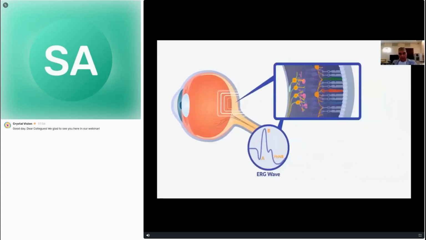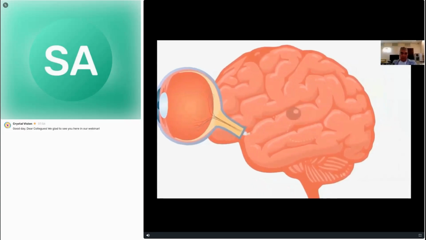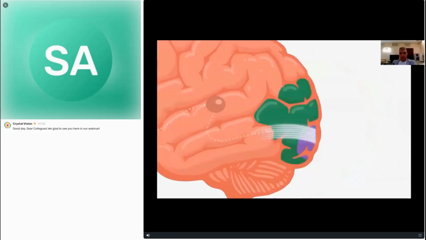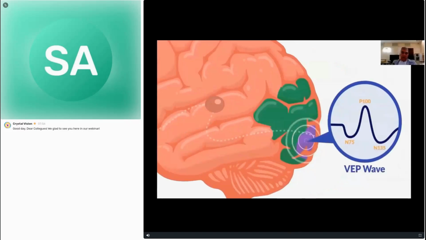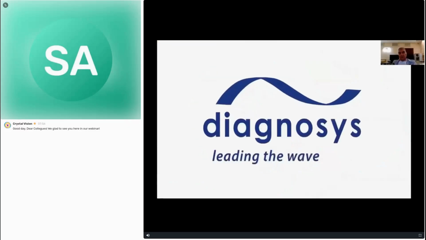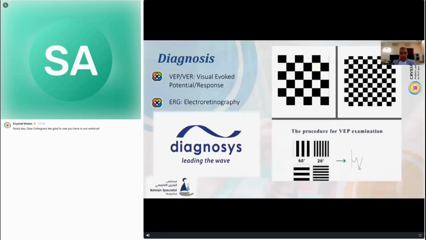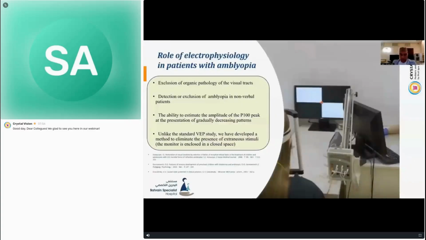Well, electroretinography is also important because it allows us to understand the condition of the retina, and visual evoked potentials allow us to understand the condition, as I mentioned, of the P100 peak, which characterizes the response of visual cells. As I already mentioned, the role of electrophysiology is hard to overestimate because it allows us to understand how much the ability for object vision is reduced, not to light shadows, not to flashes, but the studies should be conducted with patterns.